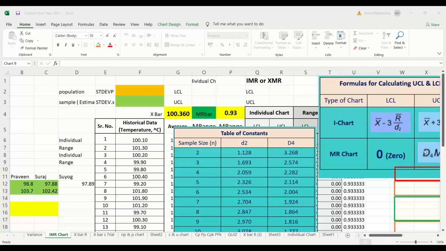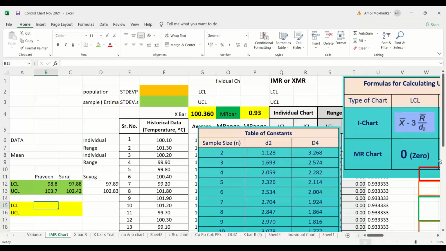Okay. Mr. Suyog says 102.83. And for the range chart, Mr. Praveen has calculated 3.03 as UCL. Quickly other people also.